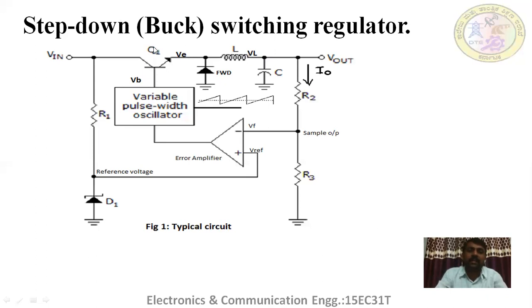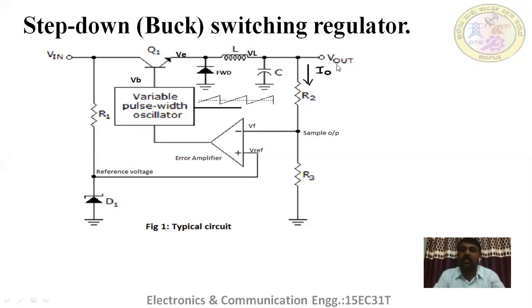When this transistor switch becomes off, the input is disconnected from the load. Now, what happens? Even though the input is disconnected, the load current still flows. That load current is due to the voltage at the inductor. Therefore, whether the transistor is on or off, there is a load current. That means this switching regulator provides continuous load current, even though it acts as a switch.